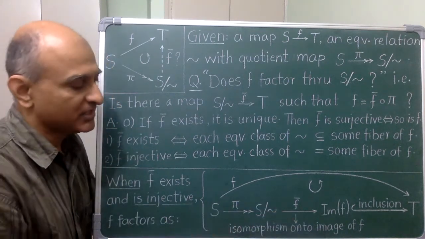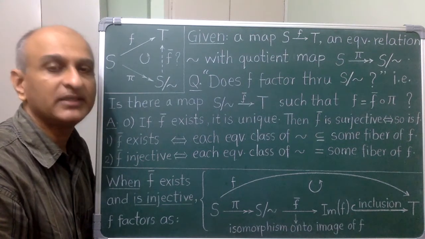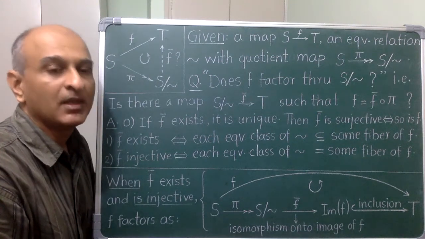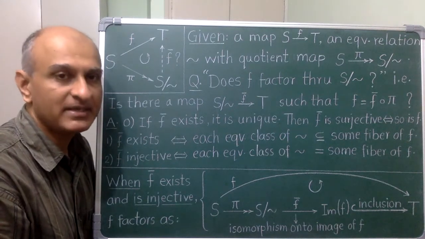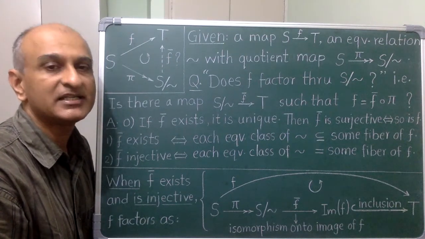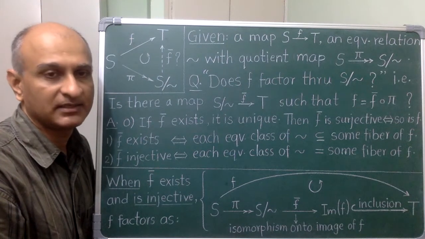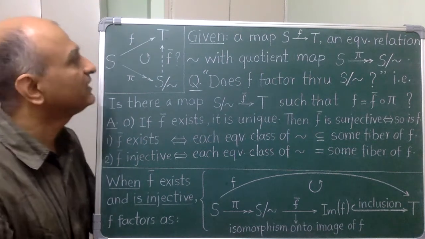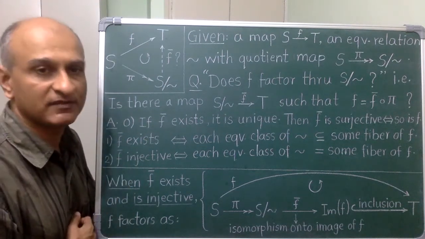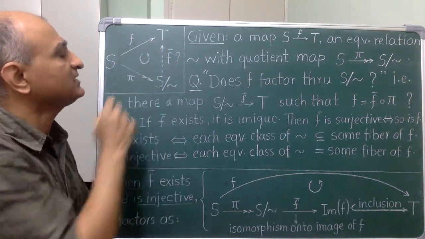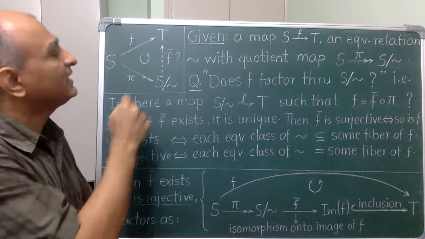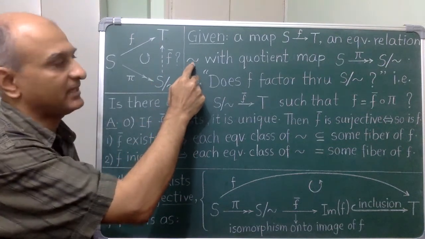This kind of formulation is particularly useful in the algebraic context. But before we get to that, let us observe some more symmetry in the given situation that has been lurking in the background until now. So recall that we are given two independent pieces of information. First, a function from the set S, and second, an equivalence relation on the set S.